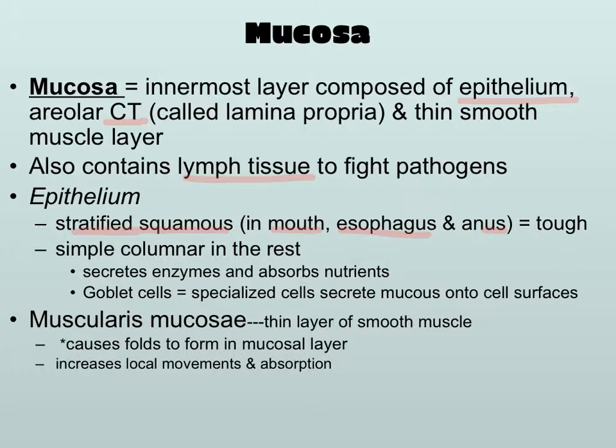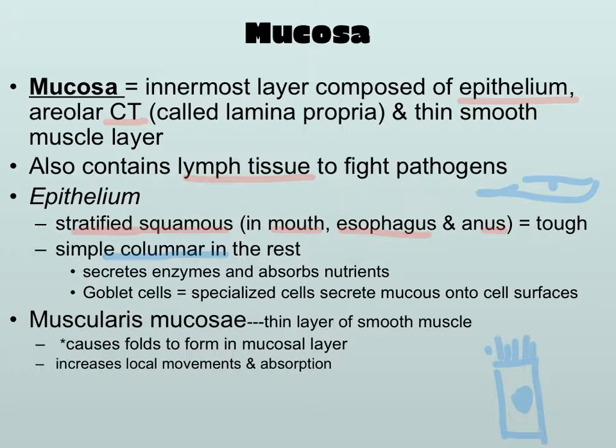So in the rest of the digestive tract, we're looking at a type called simple columnar epithelium. And this epithelium is specialized for the absorption that we're going to need in the digestive tract. So our squamous cells have a shape kind of like an egg, with our nucleus in the middle there. And our columnar cells are actually kind of columnar shaped, and they usually have some kind of stuff on the top of them,